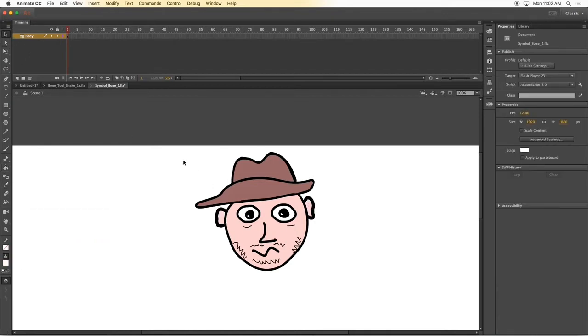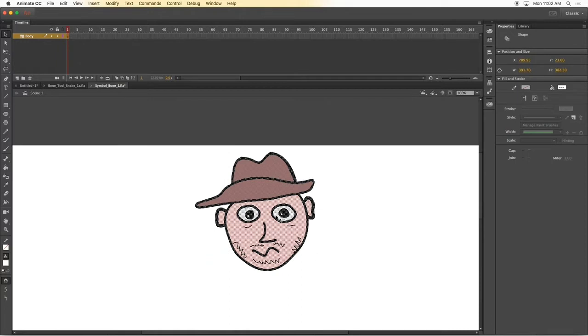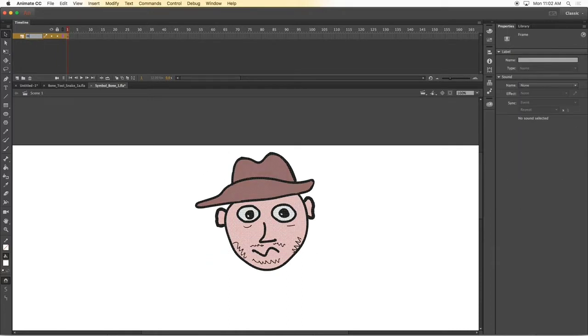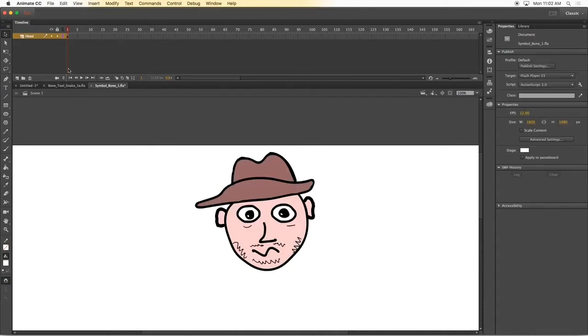Okay, so this is one layer. This is actually the head I started with. So these are the steps you need to follow. So you can go as fast or slow as you like. But basically, once you've completed one of the parts,